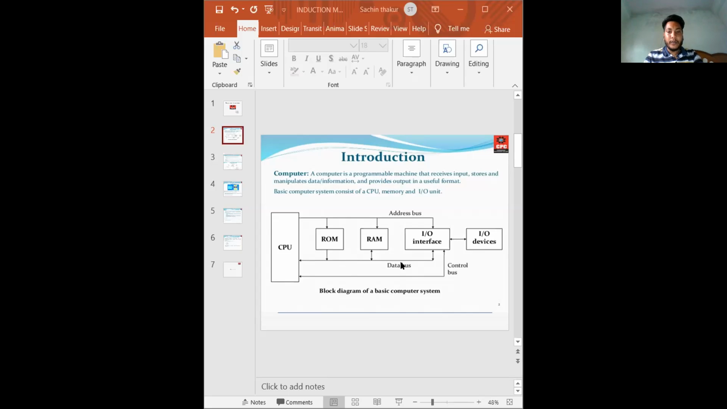After that, the control bus. The control bus consists of 4 to 10 parallel signal lines. Typically, the control bus signals are memory read, memory write, input read, and input write. Its main function is to carry the memory read, memory write, input-output read, and input-output write signals. And next is